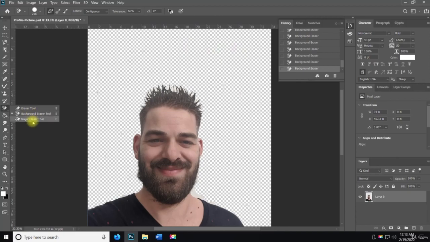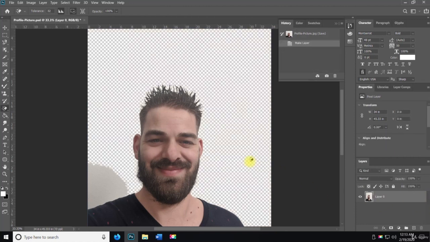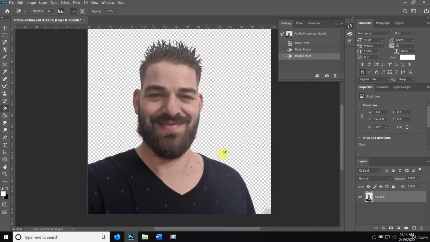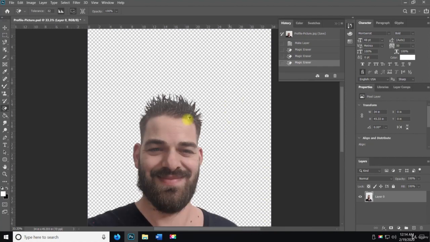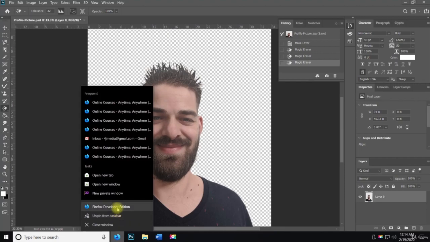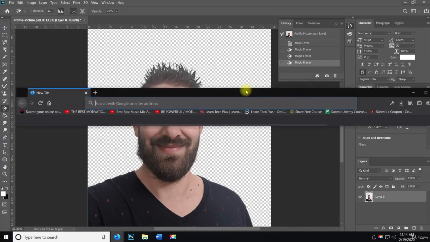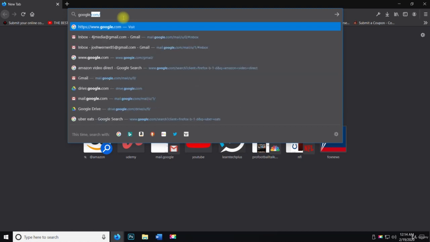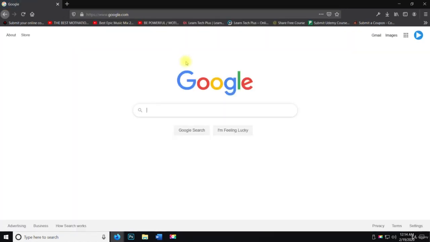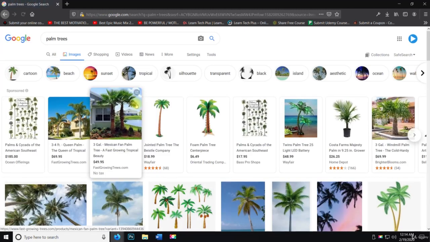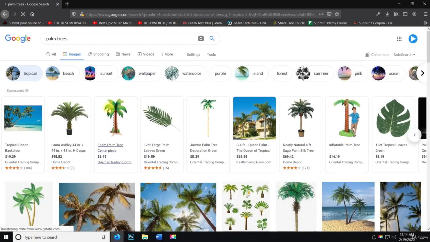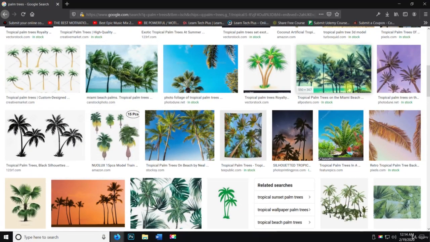Now the magic eraser tool, if I go back and I reset this, and then I turn this off, that's the easy way to get rid of a background, especially if it's one solid color. That's why I took the picture there, because I can easily edit this. We can go to Google, and what I'll do is I'll look up palm trees. Okay, and then we'll do images, tropical. Okay, and we'll just grab